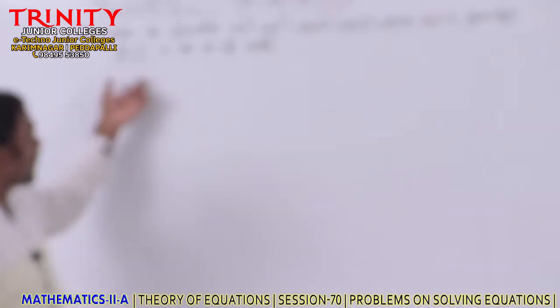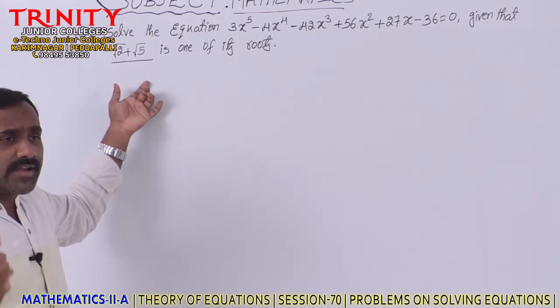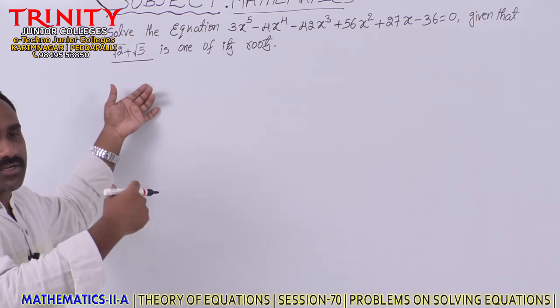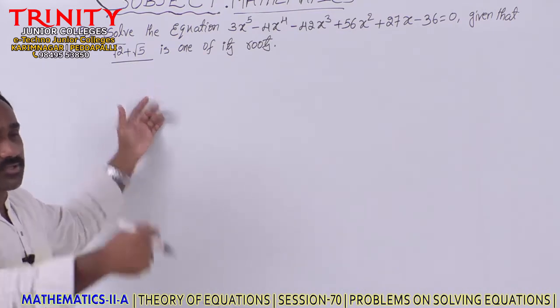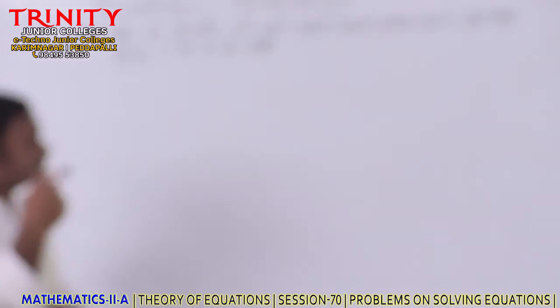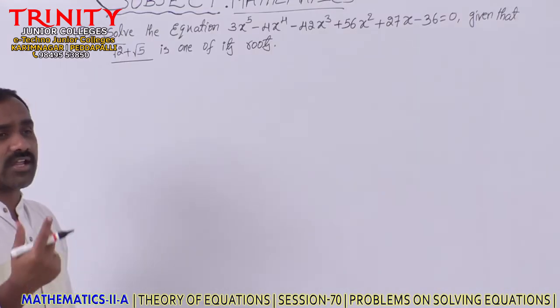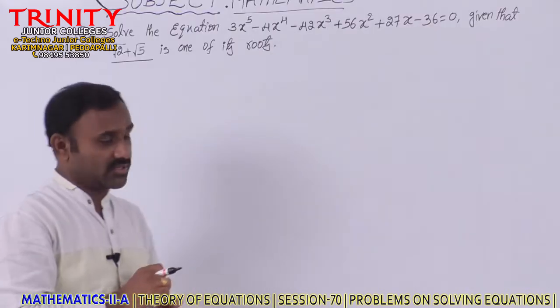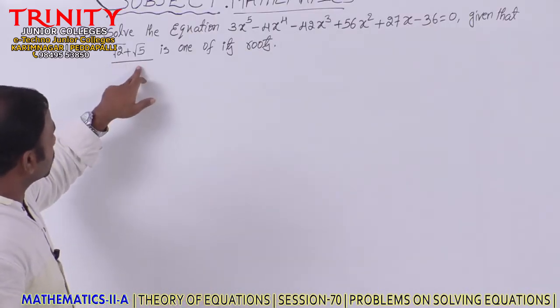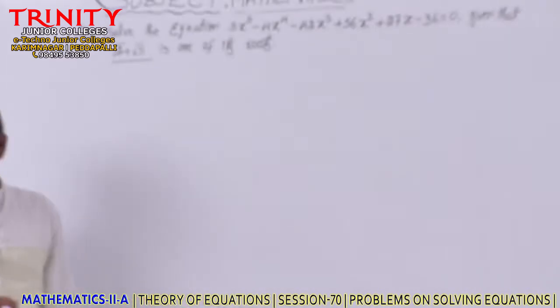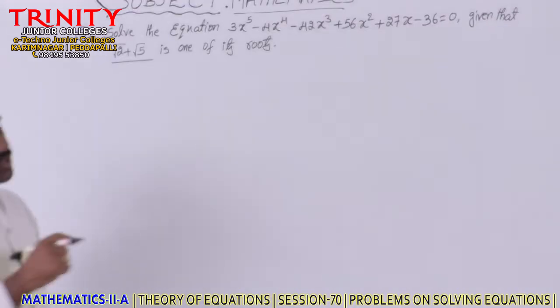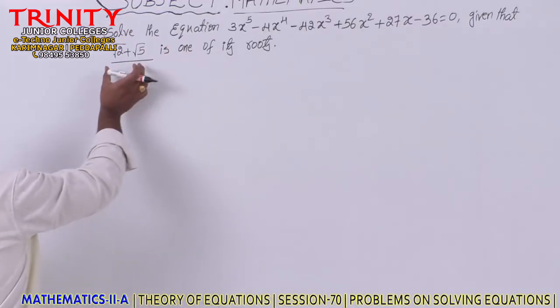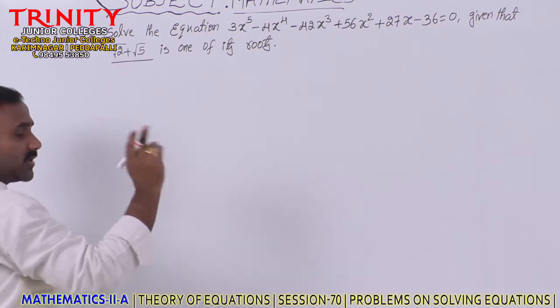Actually, we did this type of question in the last class. Find the polynomial equation whose one of the roots is root a plus root b. Root a plus root b is given, then plus or minus root a plus or minus root b are the roots. Here this is in the form of root a plus root b, therefore its roots are plus or minus root a and plus or minus root b. By taking that, we will calculate the remaining roots.